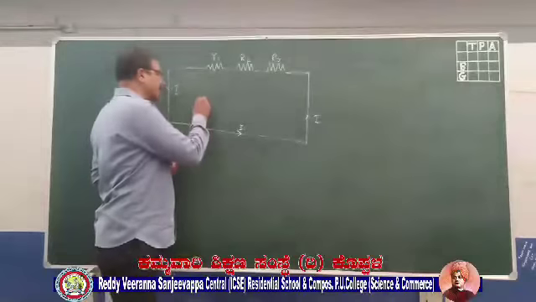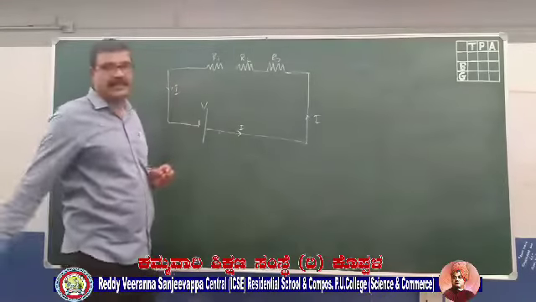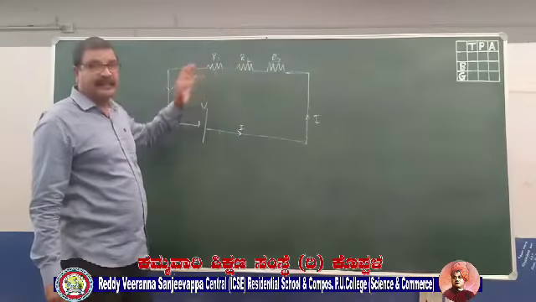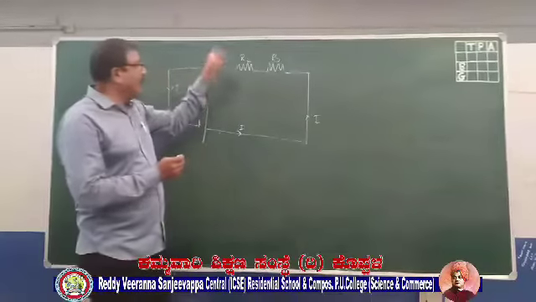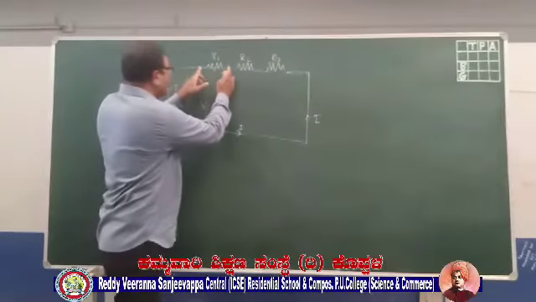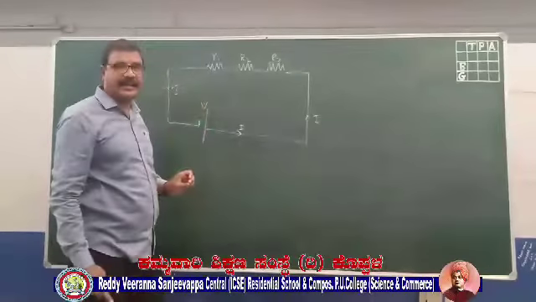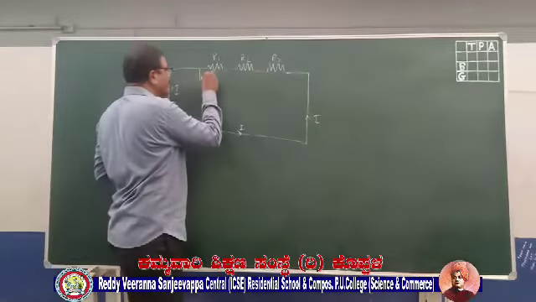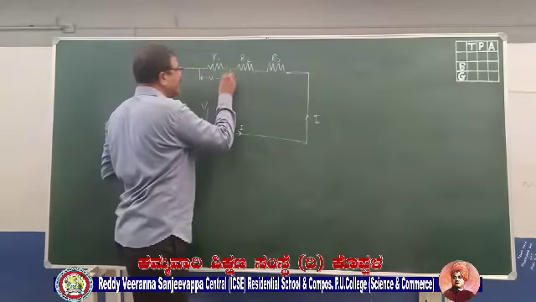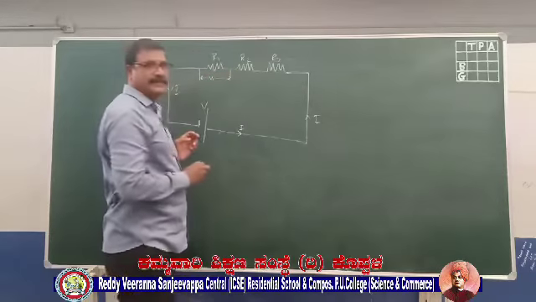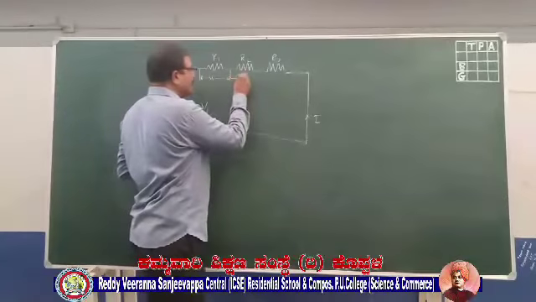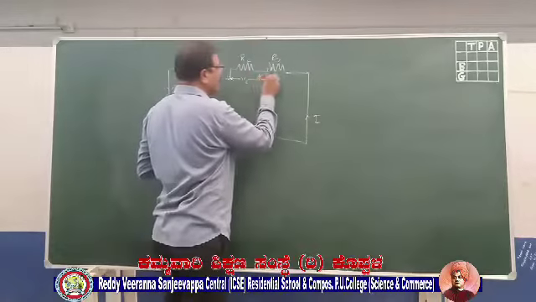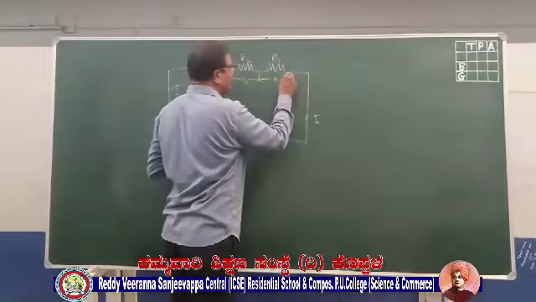The potential difference of the cell is V. When I connect the resistors in series, it means that I am connecting end to end. End to end means every part of the resistors I am treating as one conductor. When I treat it as one conductor, it will have its own potential difference. Therefore, the potential difference across the resistor R1 is V1, across the resistor R2 is V2, and across the resistor R3 is V3.